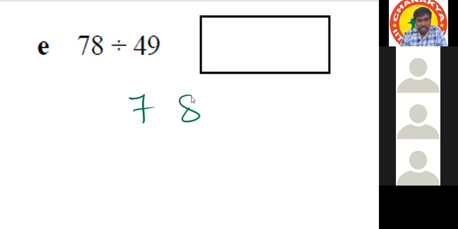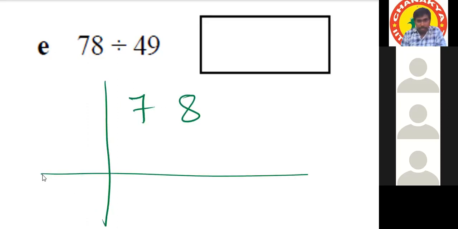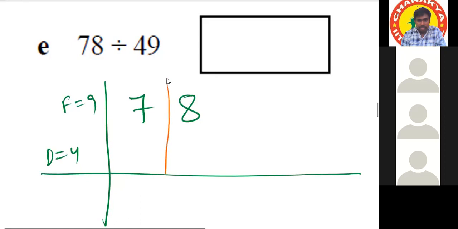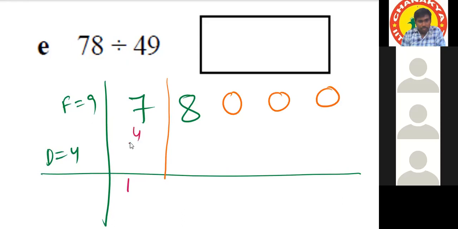So 78, we are dividing this number by the divisor 4 and flag is 9. From the right side, after 1 digit, put the decimal point and 0 0 0. Now see, in 7 4, how many times will it go? One time. 4 ones are 4, with the remainder 3, write it before the next digit, becomes 38. Keep the decimal point here because the line is passed.